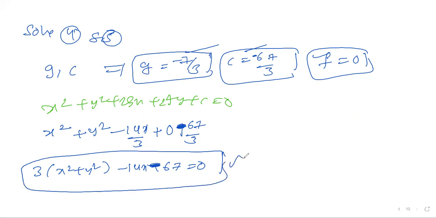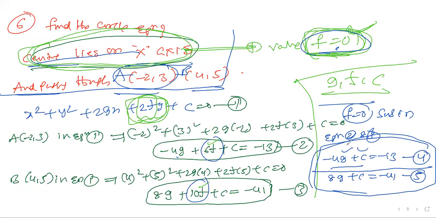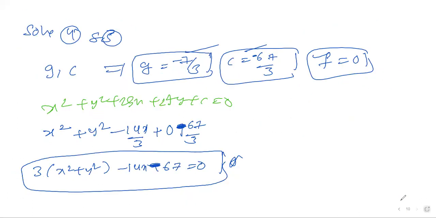Please solve it yourself and you will get g, f, c, because the calculation will take a lot of time. You can do it your own way. If you eliminate c, c cancels, you get g. Those things you know very well, so I don't want to disturb that. Okay, I wrote the answer very clear. You should try it out. Now it's clear. Now switch on to the seventh question.